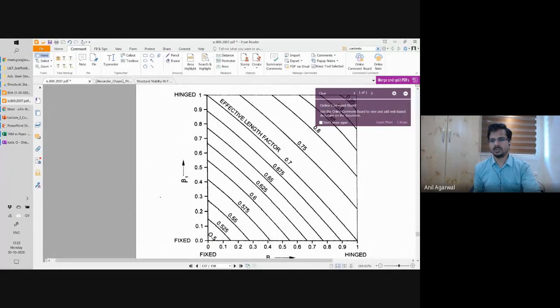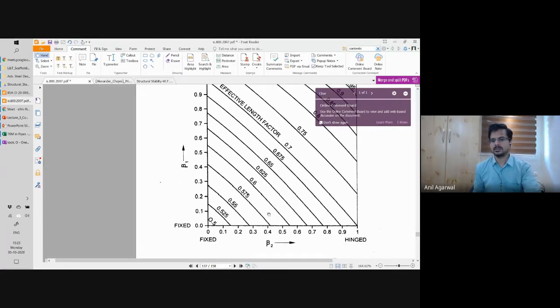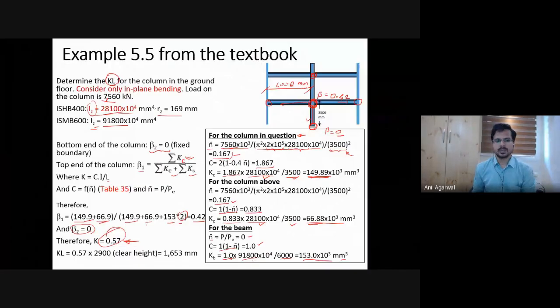0.42. Yeah, 0.42 will be like this. 0.575 is actually for a value of greater than 0.4 here. Something like that you have to go. Okay. So 0.42 will be very close to this line, in fact. So that is calculated as K is equal to 0.57, and the effective length will be 0.57 multiplied by, I've